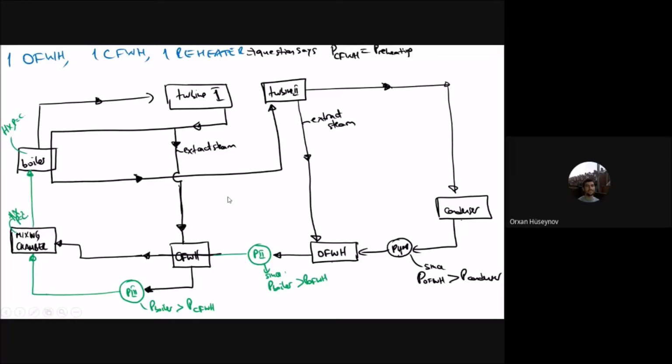So I will continue with the cycle here. You have to put a shaft here because these two turbines are connected with the same shaft. They have the same shaft here. There's a coupling. Okay, you have coupled them together. So this is the general configuration of that: one open feed water, one closed feed water, and one reheater